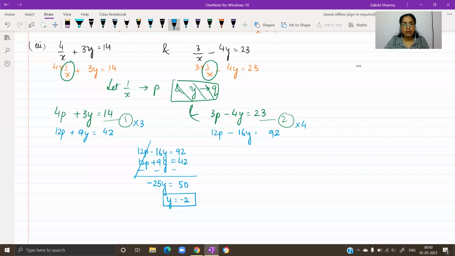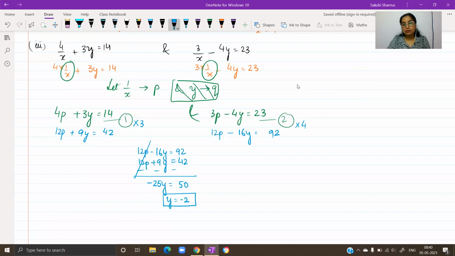Okay, you have obtained y, you need to first find p. Substitution. You need to first... Ma'am, I have directly put it in one of the equations. Yes, given, ma'am. That's fine, that's fine. You may do that as well.